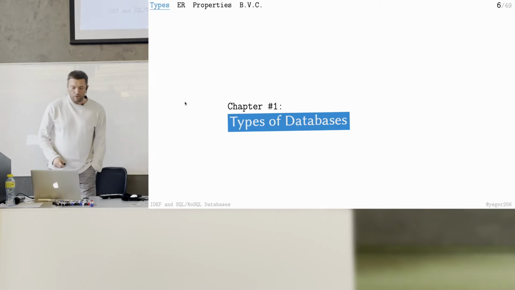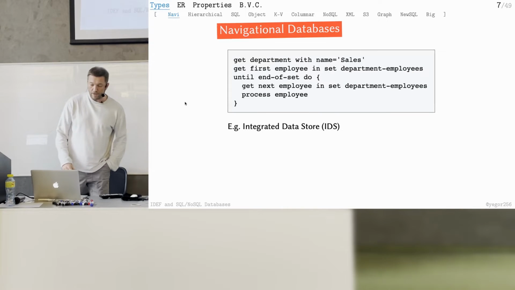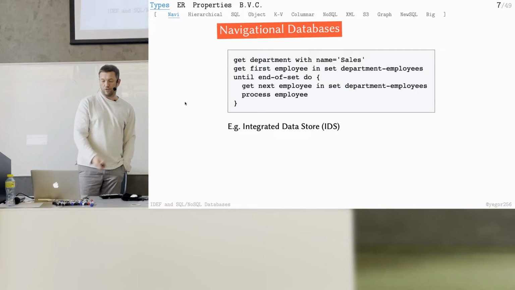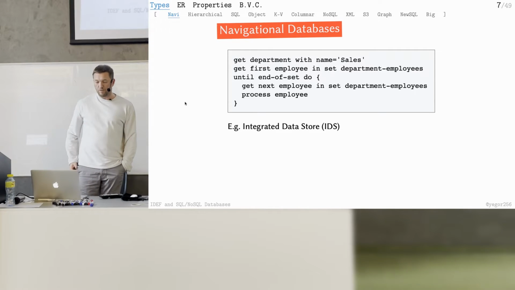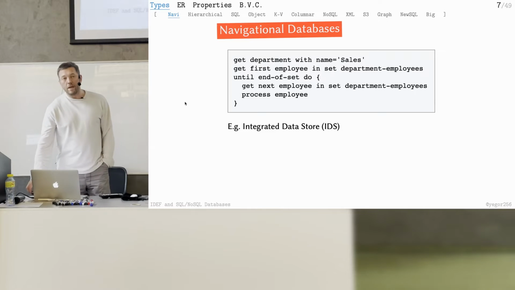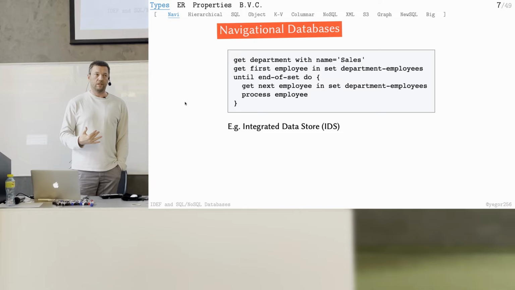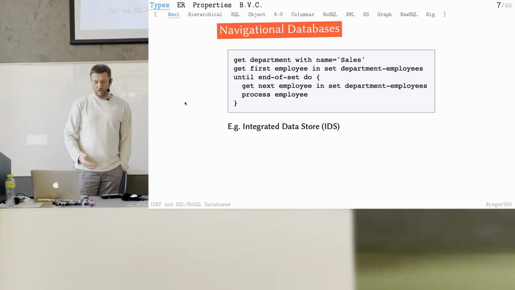So, jump to the types of databases. There are many. As usual, you can see the menu on the top, the main menu, the first line, the second menu is the next one. So you can see how many types of databases we have. I may not be accurate about how they started chronologically, which one was first, which one was next, but more or less a long time ago, they started from navigational databases. I was not even born at that time. It was, I don't know, 70 years ago.